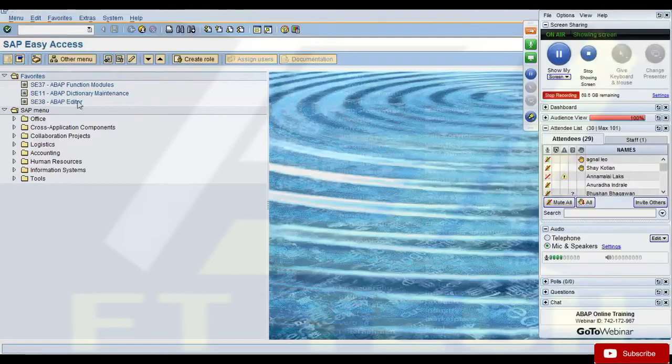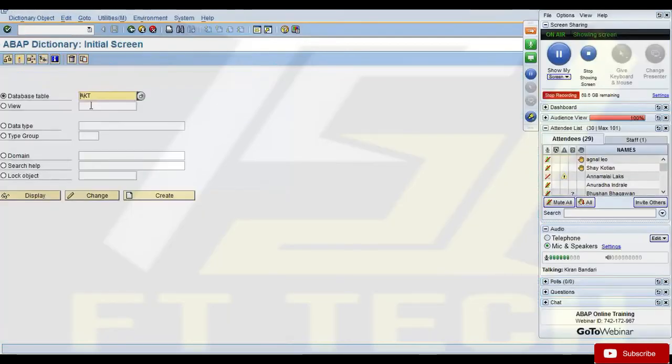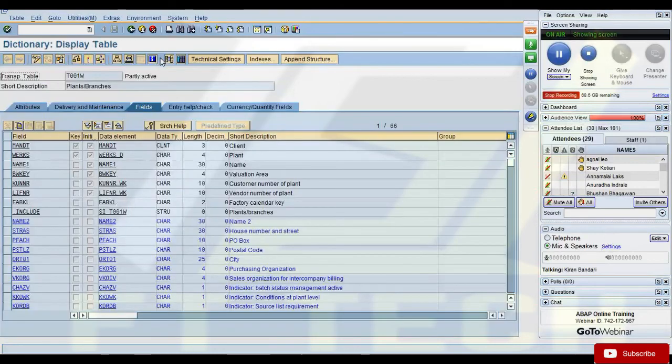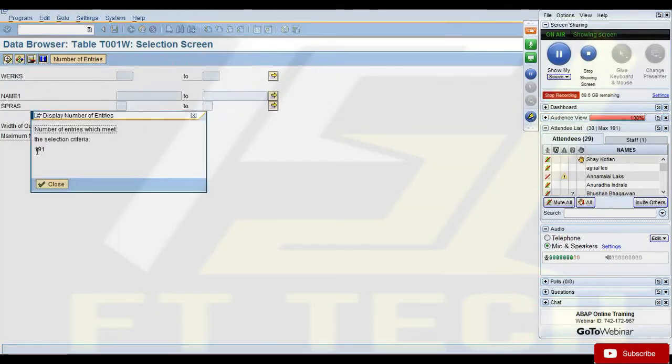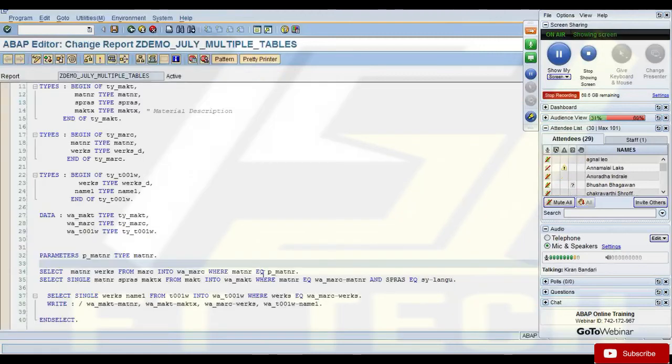If I look at my database table T001W, there are a total of 191 records in this database table. So it has fetched all the 191 records.